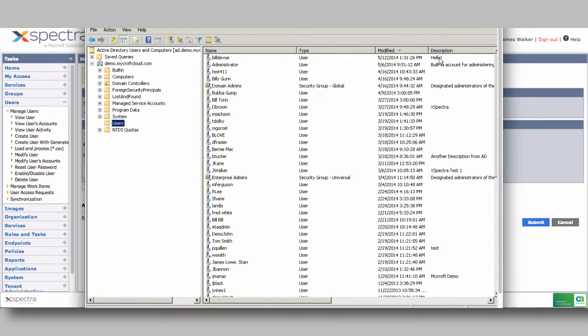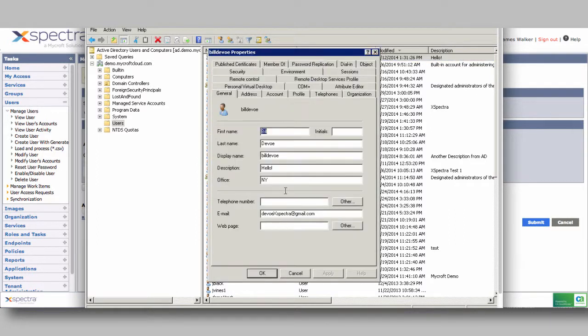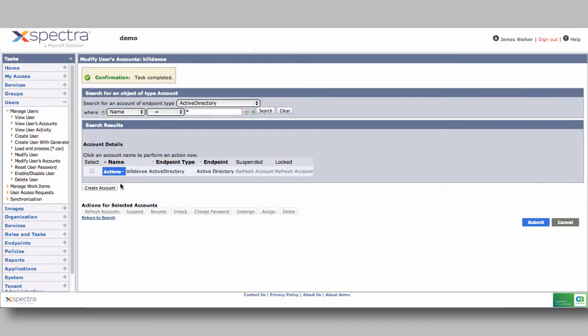So these are live synchronizations. You'll see that already you can see the description before I even drill in. It says hello as I typed it in. And here's information that we typed for the user. Not only can XSpectra send information to Active Directory from the cloud, modifications to Active Directory can be sent back to XSpectra. So by updating the user's attribute of description and clicking OK, the information will be synchronized to the user's account. So we'll